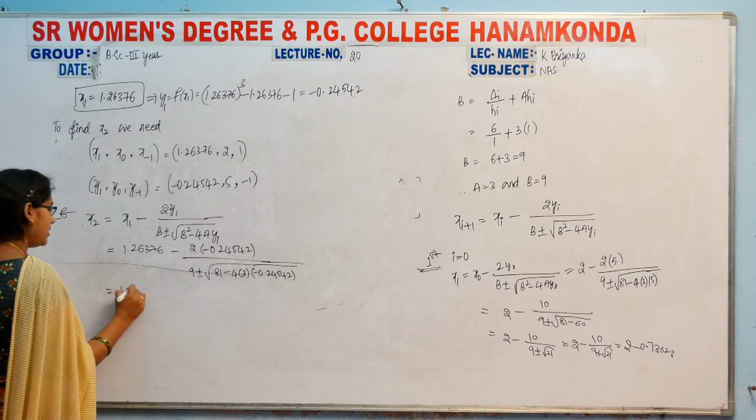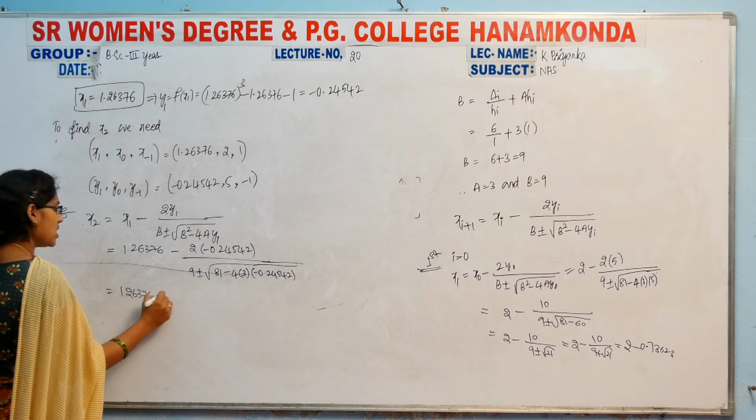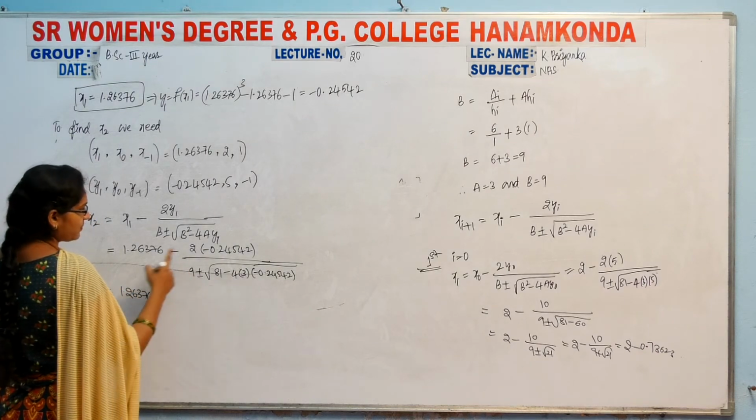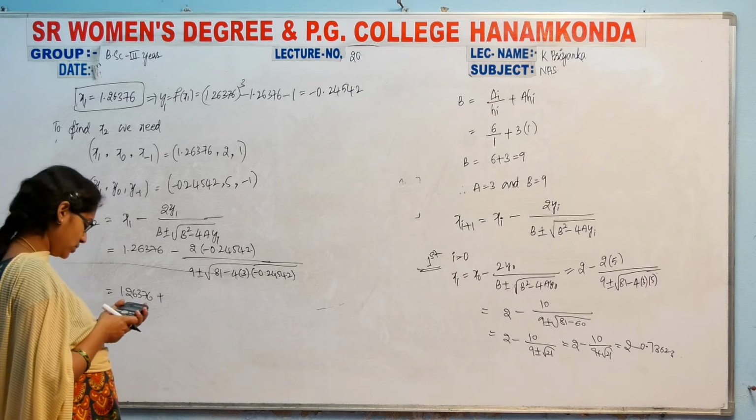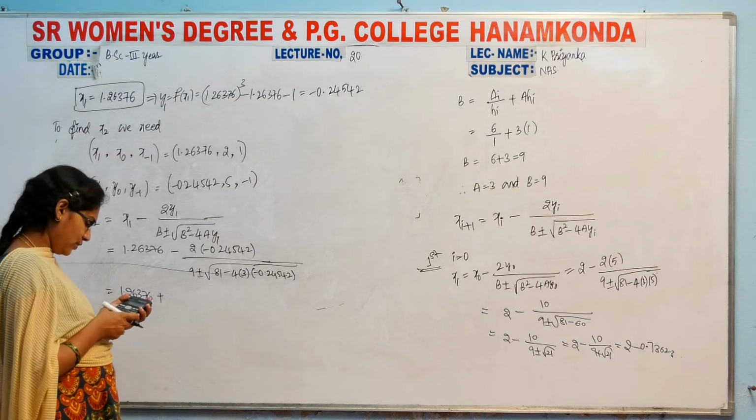Now here 1.26376 minus into minus plus, calculate it, 2 into 0.24542,